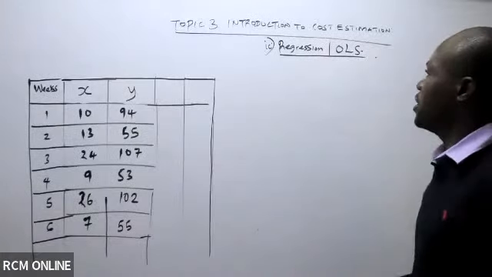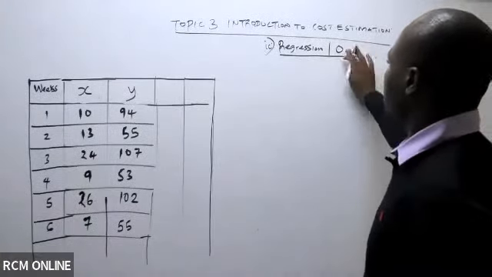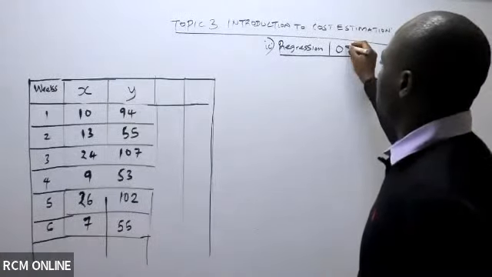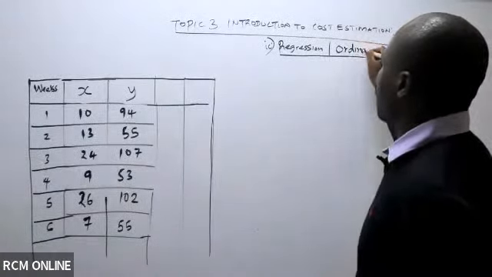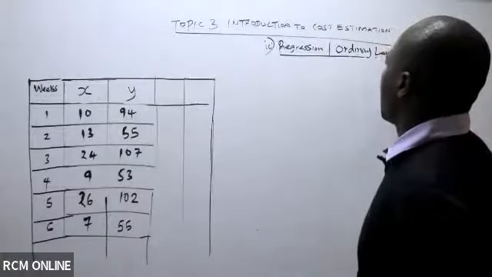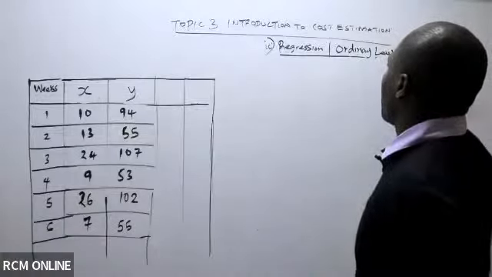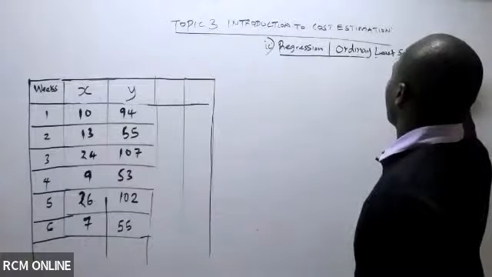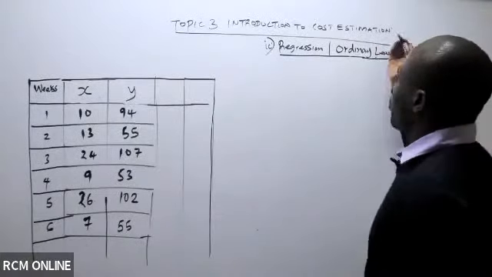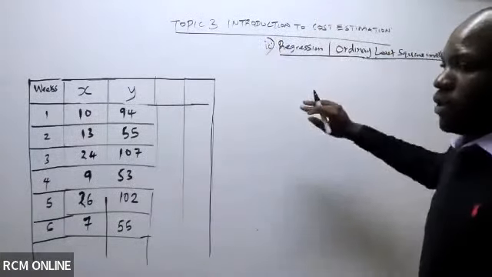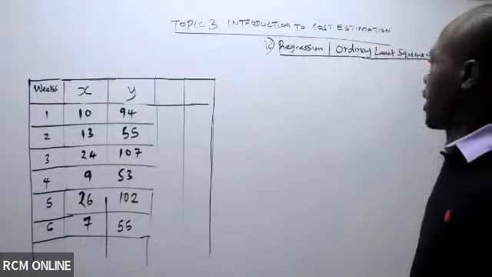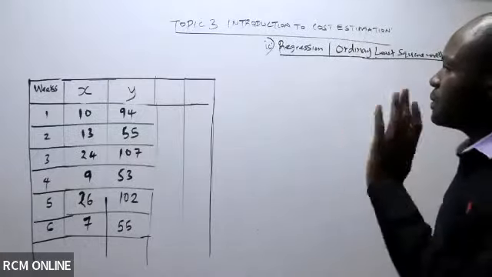So OLS means ordinary least square method. In some books, they call it simple regression, ordinary least square method. Good. So under this particular method,